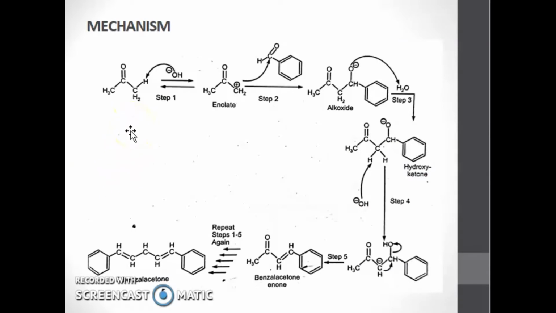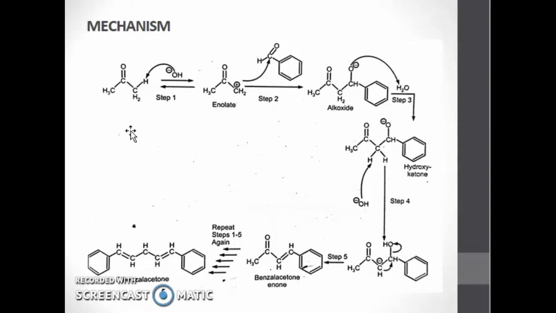Before starting the mechanism, we will see the principle involved in this reaction. The reaction of an aldehyde with a ketone, employing sodium hydroxide as a base, is an example of aldol condensation reaction, that is nothing but the Claisen-Schmidt reaction. Dibenzyl acetone is rapidly prepared by condensation of acetone with two equivalent molecules of benzaldehyde.